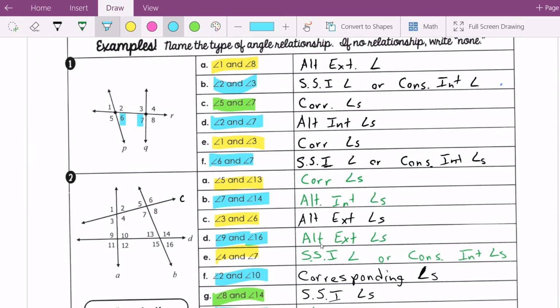We're going to go with the next one real fast, and we got 4 and 13. 4 is here, 13's here. Again, there's not a line that connects both of those, so our answer is none. Right, and then our last one here is 4 and 9. So 4 is here, 9 is here. They're both on line A. Right, 4 is on the inside, 9 is on the inside. 4 is on the right, 9 is on the left, however. So they're on opposite sides, both on the inside, so your answer is alternate interior